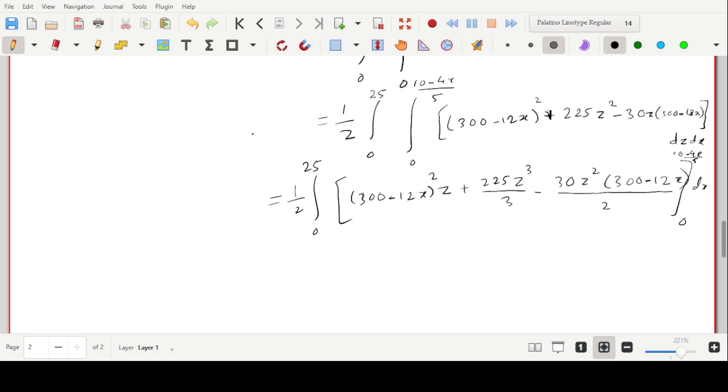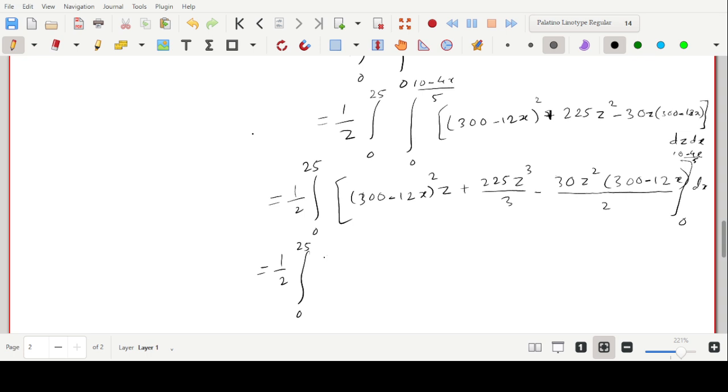Now if we substitute for z, when we substitute 0, the whole expression will become 0, because z is present everywhere. So we only have to worry about this part. So 300 minus 12x is okay. So 300 minus 12x can be written as